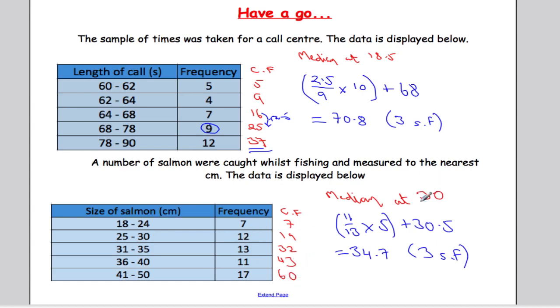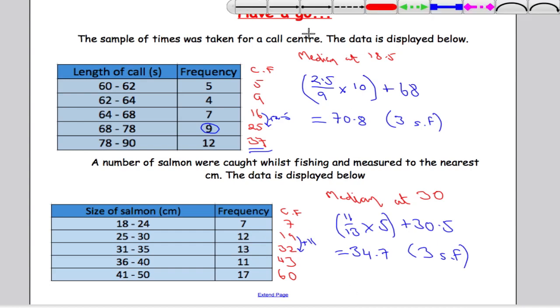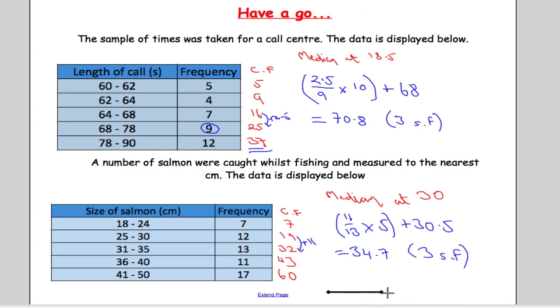This one here, the median was at 30 because we have 60 people. The median is at the 30th person. At this point, I've got 19. I need another 11 of this group, but that group is worth 13. So I suppose we can always bring up the little diagram again. The lower bound of this is 30.5. The upper bound is 35.5,